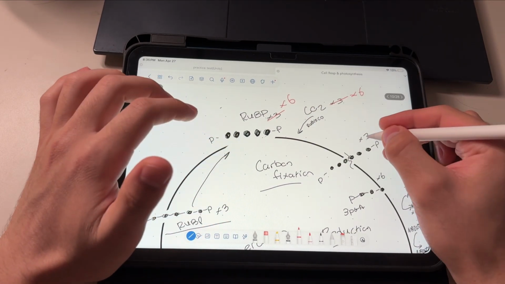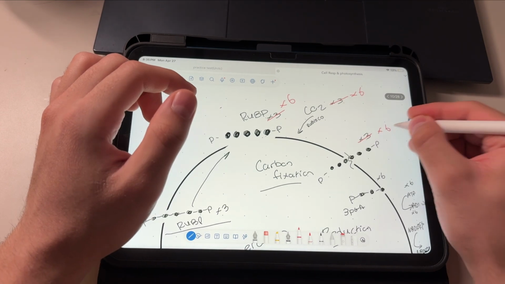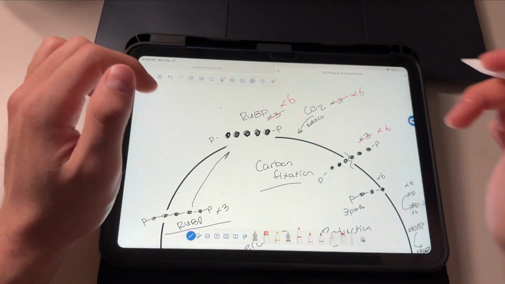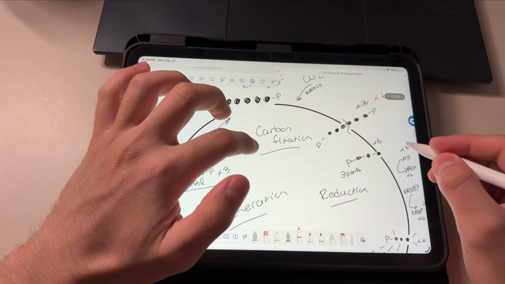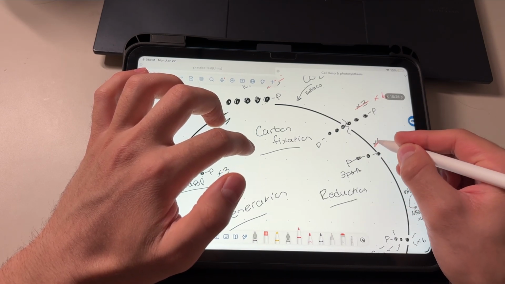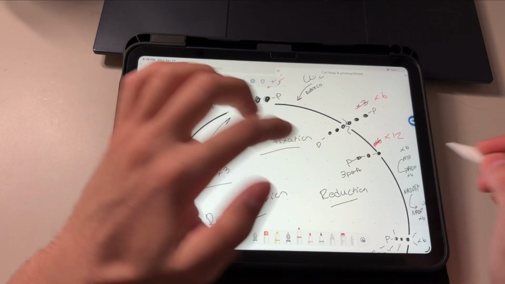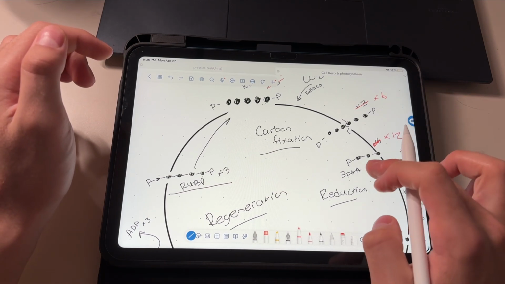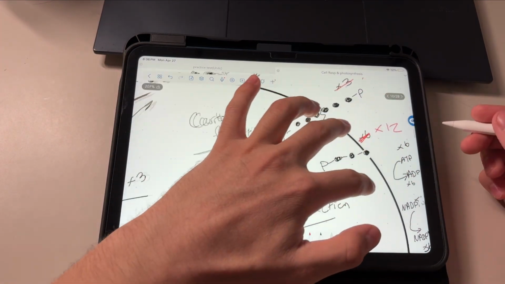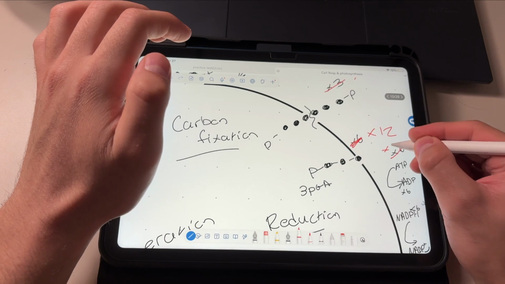And that also means we end up with 6 of these 6 carbon molecules, because we added 6 CO2 to the RuBP. So you end up with 6 of these, and then once you cut them in half, you end up with 12 of these 3PGAs, because they're split in half. So now we end up with 12 of these, and then we bring in 12 ATP, because we need 1